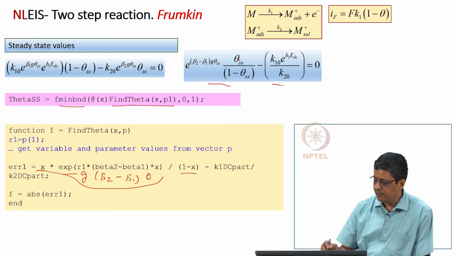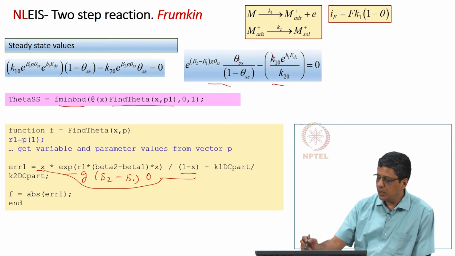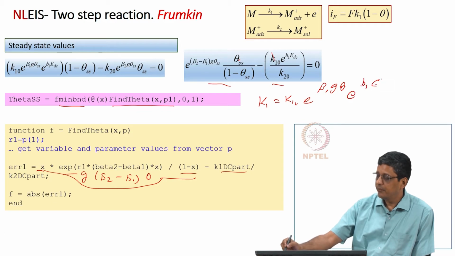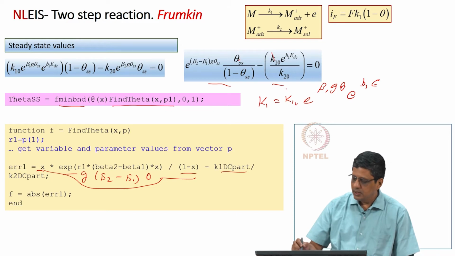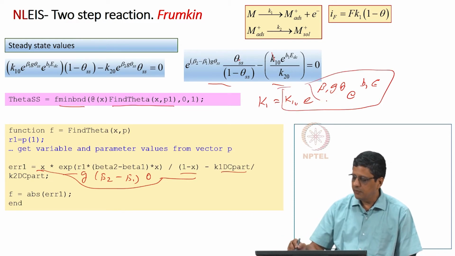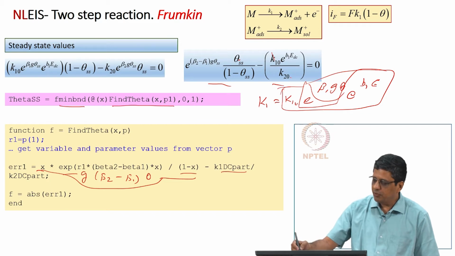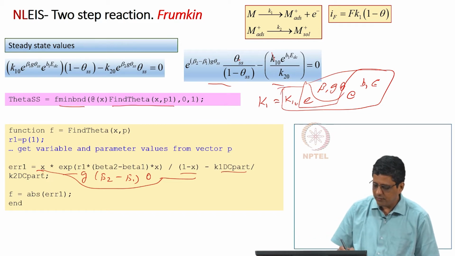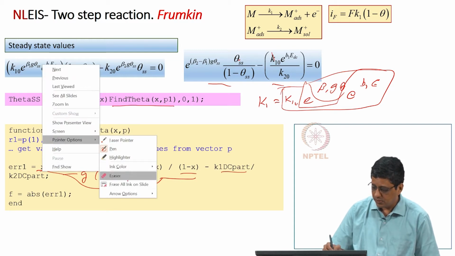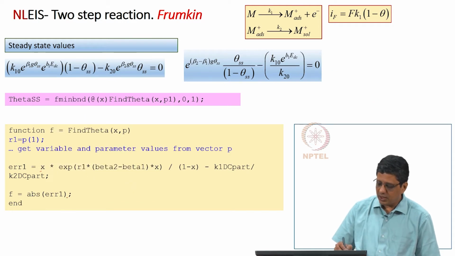So, this tells the first term, and this is of course k1 dc partial, because k1 is k1 0 e power beta 1 g theta e power b1 e. So, when e is set to edc, this entire term will be k1 dc, but if we take only k1 0 and b1 e, we will call it k1 dc partial, divided by k2. Of course, k2 is k2 0, but does not matter, we can still use beta 2 as 0, and that is going to be the same as k2 dc partial. And we find the absolute value of this and minimize this.